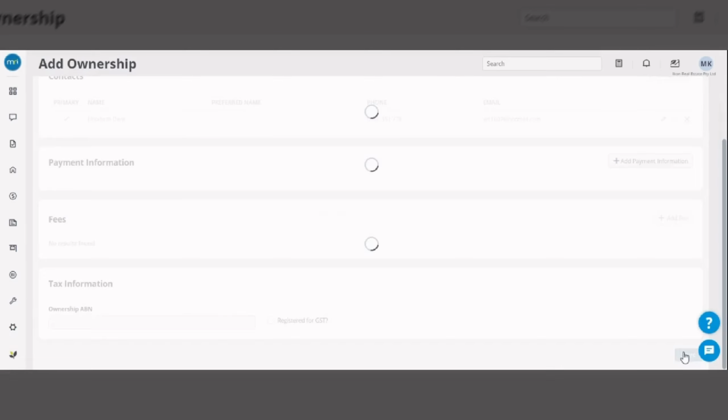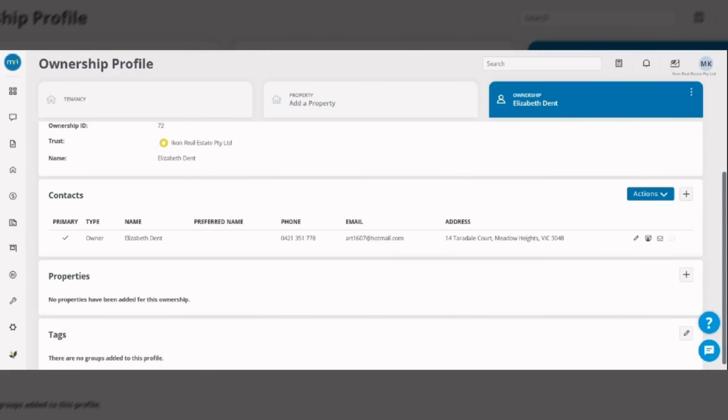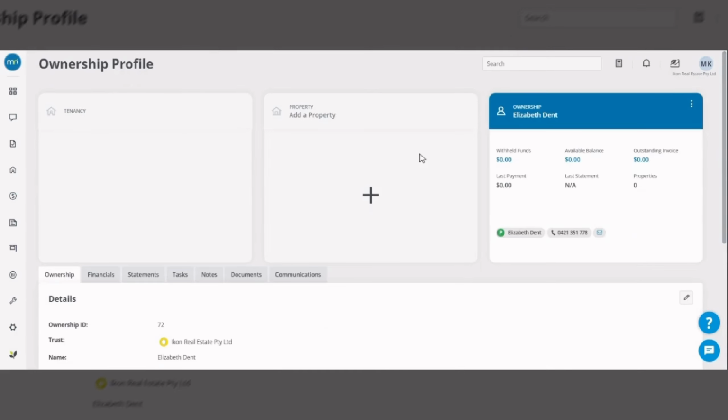Now you can see the ownership profile has been created, right? Now I need to add the property details over here. So I need to gather a few details of the property, for example, how many bedrooms there are, and whether the property is a house or an apartment.